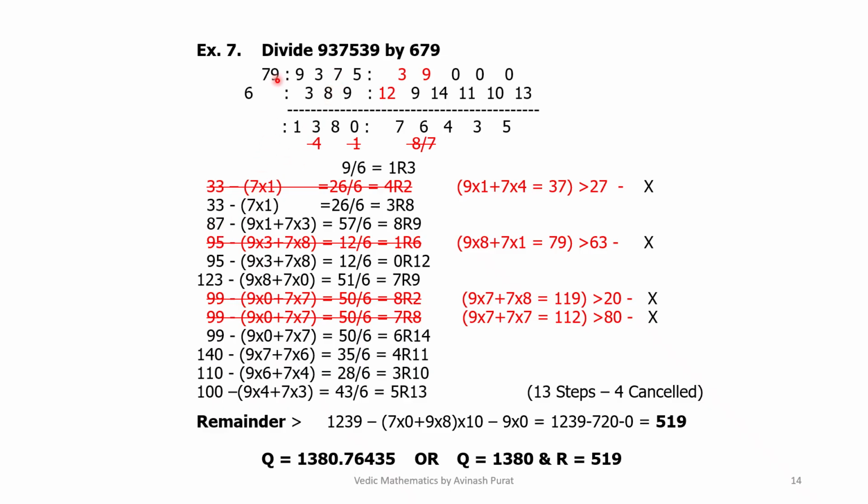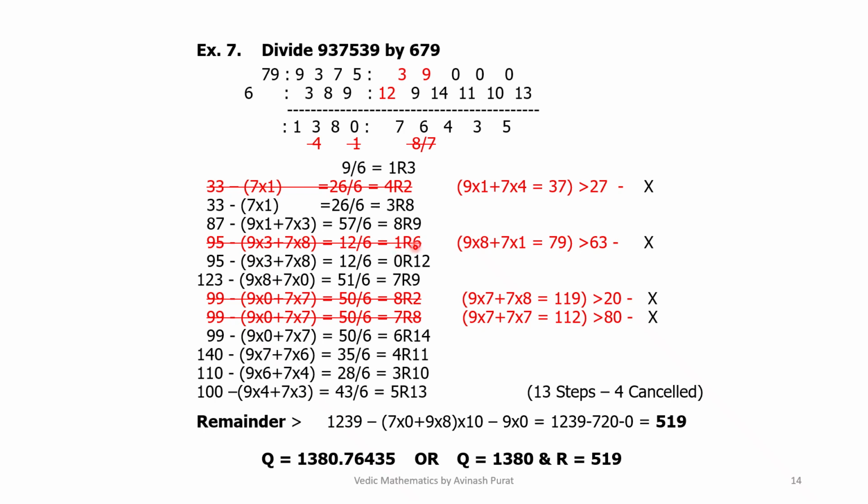So 87 minus 9 into 1 plus 7 into 3 equal to 57 divided by 6, that is 8 is quotient and remainder is 9. Now here again 95 minus 9 into 3 plus 7 into 8, that is 12 divided by 6 equal to